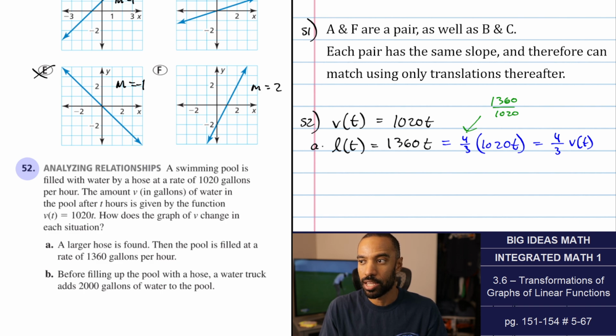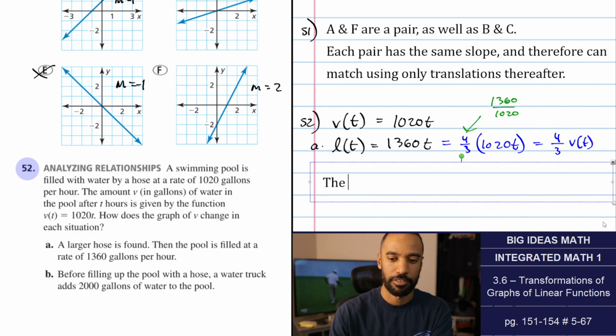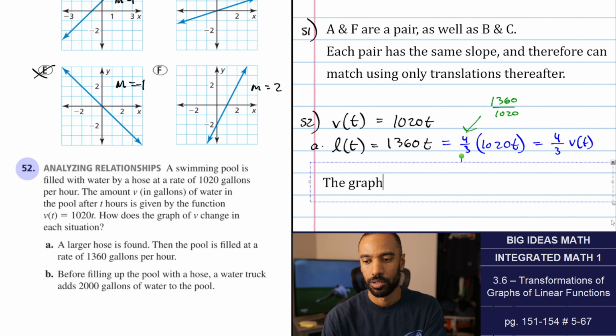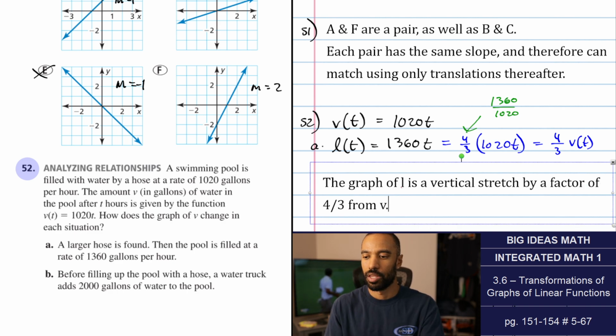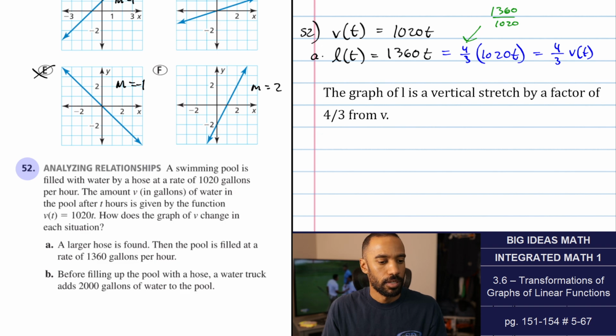You could also say it's a horizontal shrink by a factor of 3/4. I prefer the vertical stretch personally. So the graph of L, which I'm calling that, is a vertical stretch by a factor of 4/3 from V. Part B says before filling up the pool with a hose, a water truck adds 2,000 gallons of